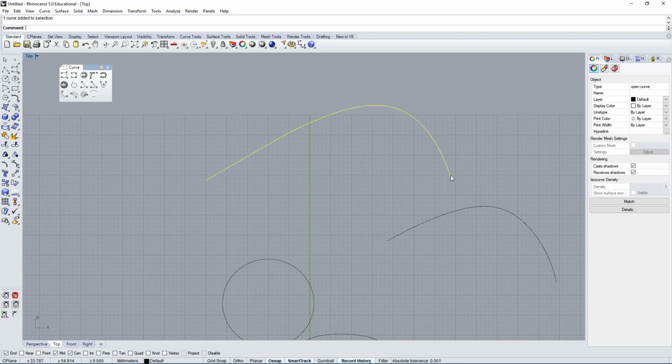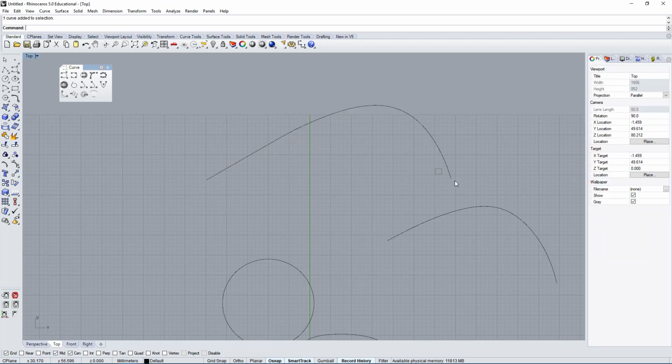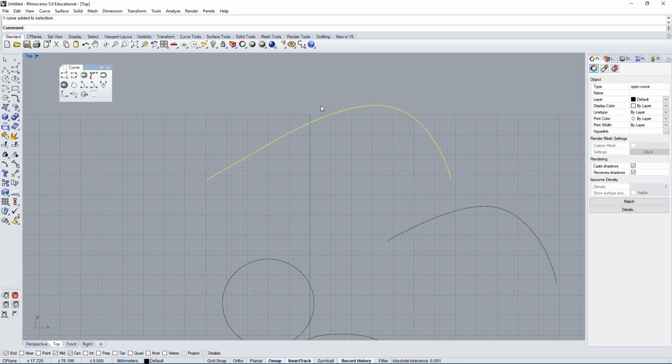So let's say I don't want to extend it on the right side, I want to extend it on the left side. So by default, there is a starting point for a curve and an endpoint for the curve. So the software recognized that the starting point for this curve was on the left side and the endpoint was here. So if I say I want to continue the curve, it would want to continue from the endpoint, not from the start point. So if we want to continue from the start point, we have to flip the curve. And flipping it would mean that where I ended would be the starting point, and where I started would be the end point.